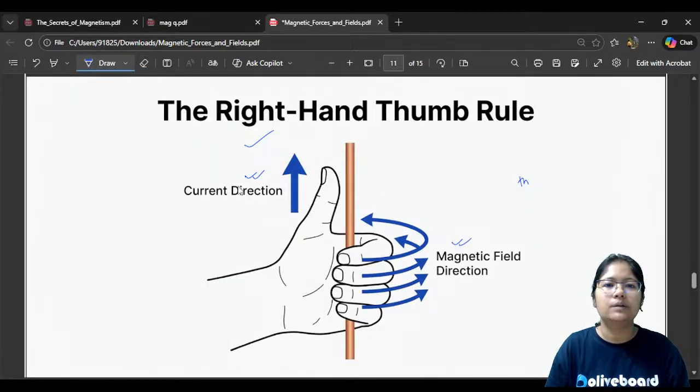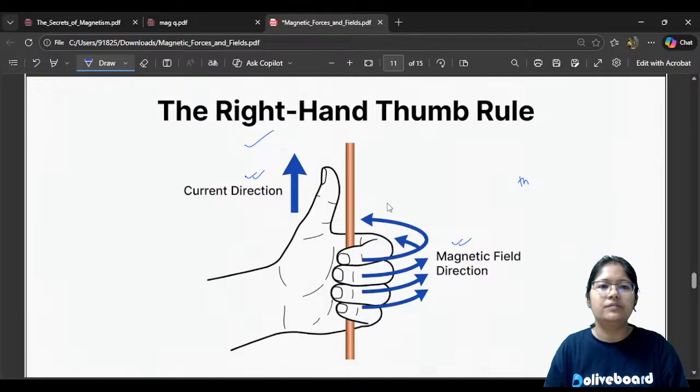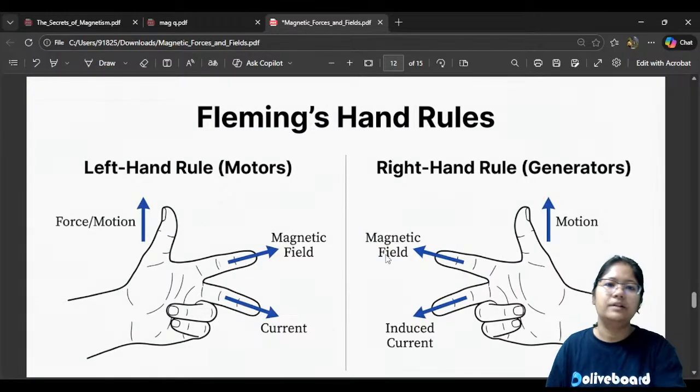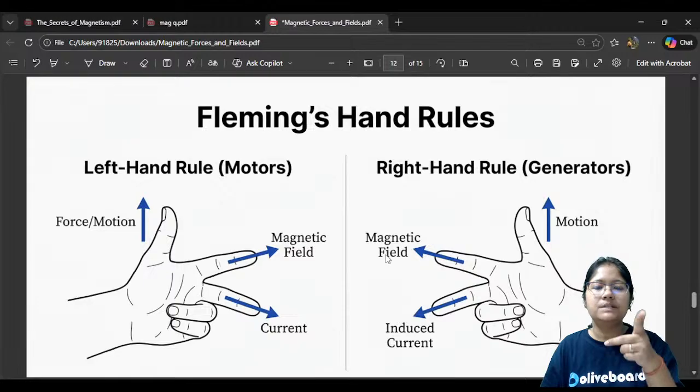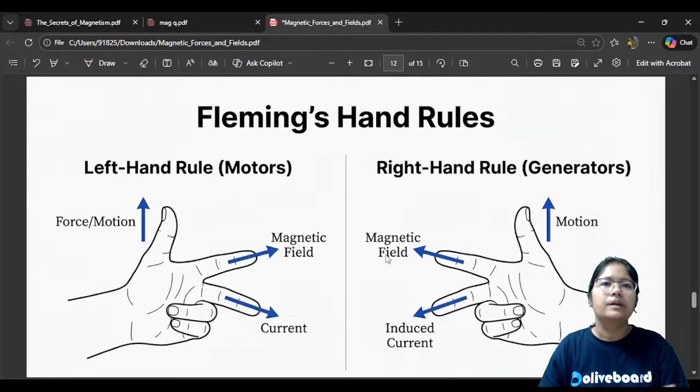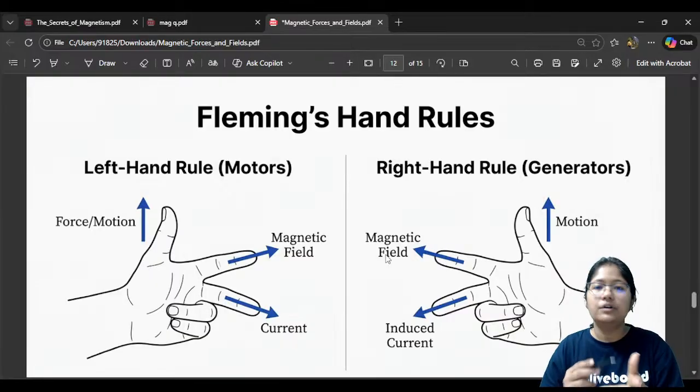We simply need that these are about Fleming's right hand thumb rule, and these are about Fleming's left hand thumb rule. Now, just like a pistol, in the case of a solenoid, the direction of magnetic field. Okay, so in case of your Fleming's left hand rule,